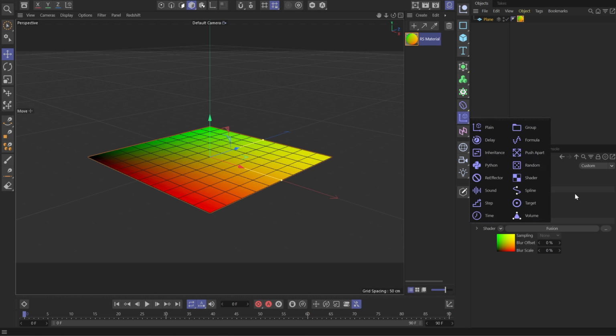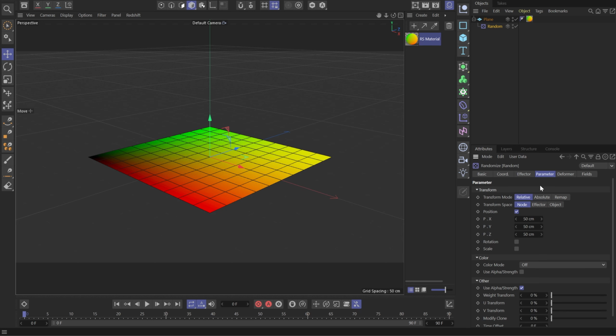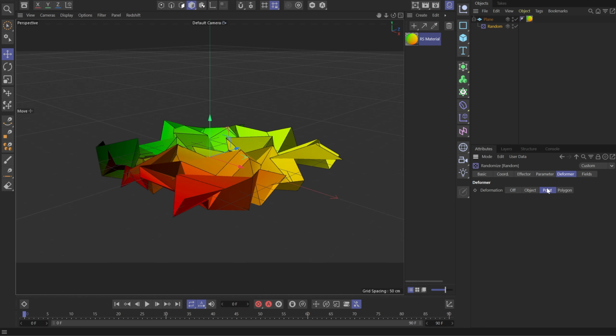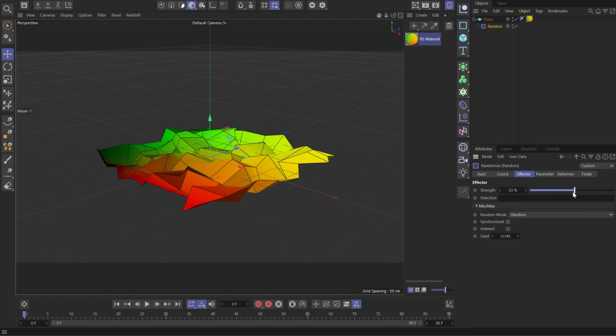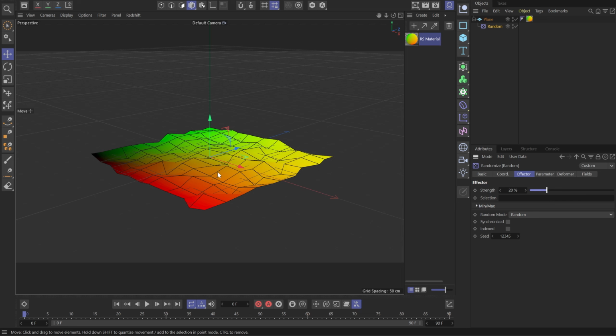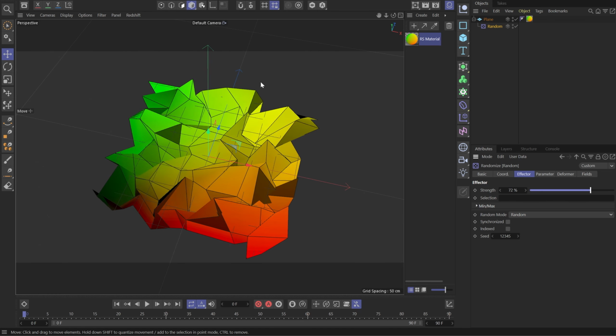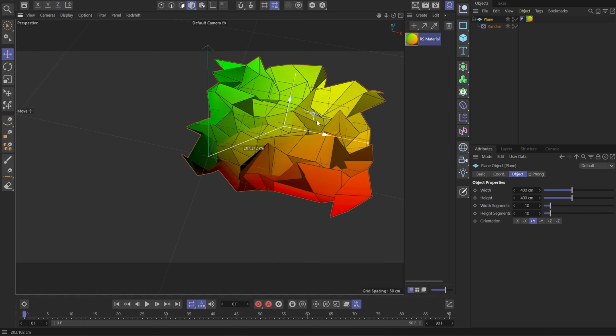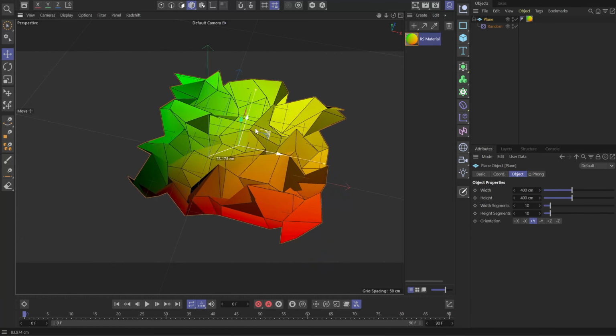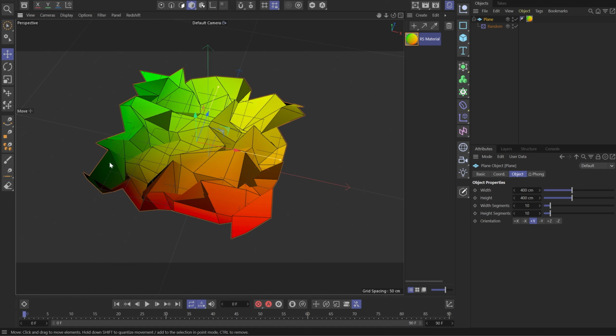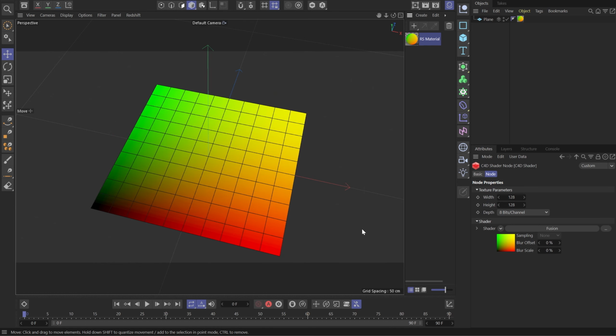And if you apply, for example, random, I will change this to point, reduce the strength. You may see that this UV map is actually stuck to its surface, and even if you move this object in 3D space, UV map is always stuck to its surface. And while we are actually working in 3D space, I'm going to show you how to affect from 3D space